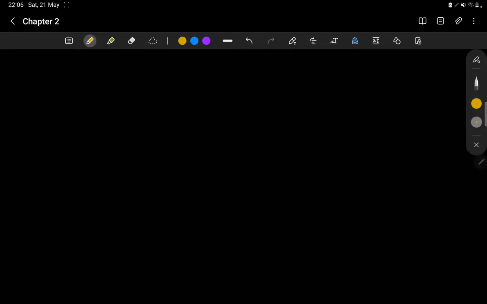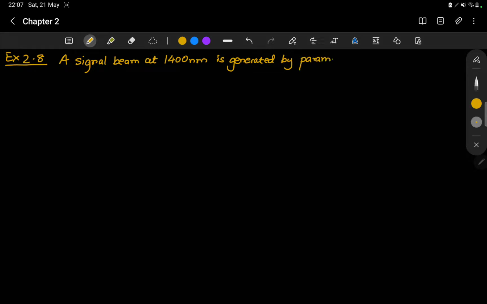This is exercise 2.8. The question says a signal beam at 1400 nanometers is generated by parametric down conversion